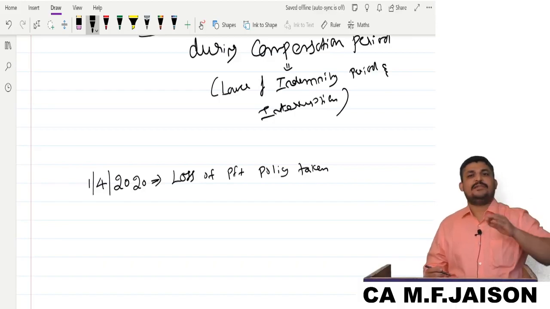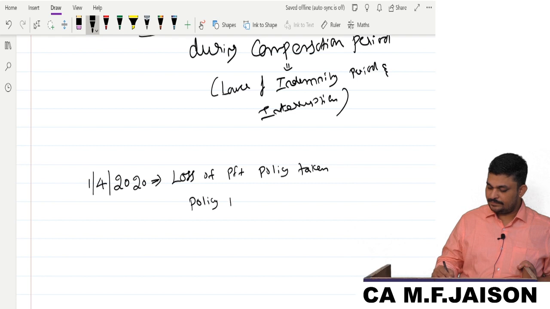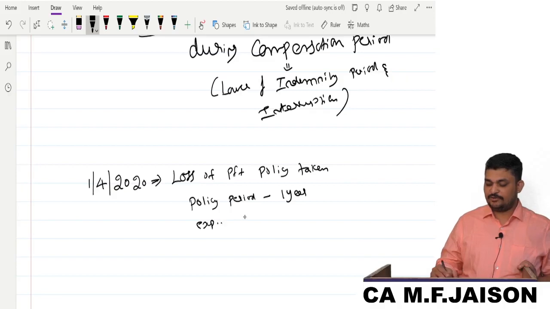Any general insurance, my dear friends, will have a policy period of 1 year. But what is the expiry date? Expected to expire on